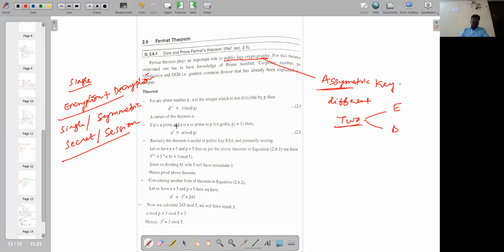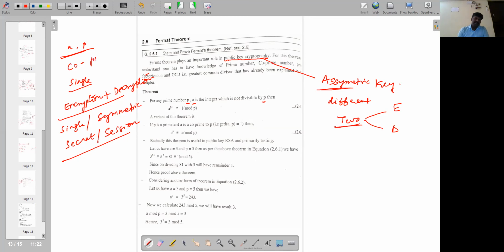Through that, we will try to identify the value of the given modulus for a specific number. For any prime number p, say 7 or 11, whatever it is, and a an integer which is non-divisible by p, that means a should not be a multiple of p. So if we are selecting two numbers a and p, these two numbers should be